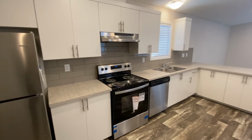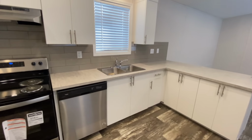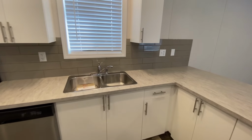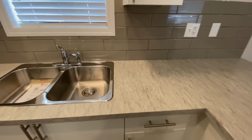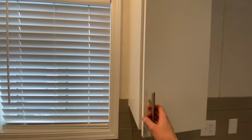Upgrades that I think add value that I put on the order are stainless steel appliances, extra cabinets, LED pot lights in areas that don't have lights standard, upgraded blinds, windows in the exterior doors, extended eaves, and cathedral ceiling in the living room, dining room, and kitchen. There are a few other items I'll be putting into the home, but those are the big ticket items that I think improve the livability of the home without breaking the bank. I'll be sending the order in first thing next week, so if I've missed anything you think is a must-have in a new manufactured home,